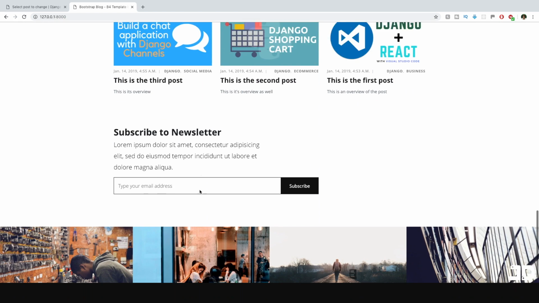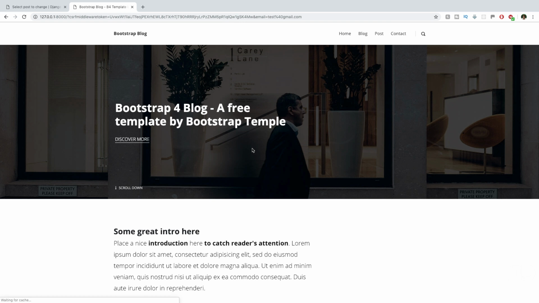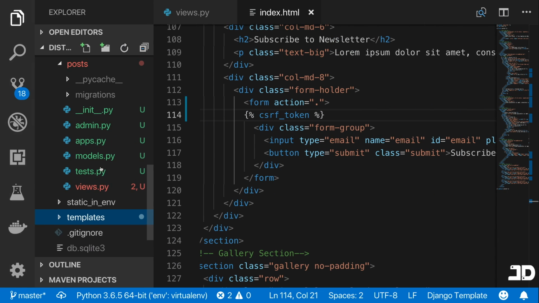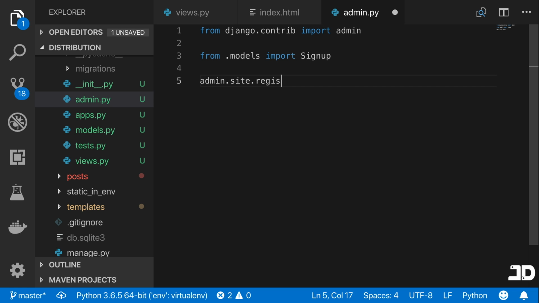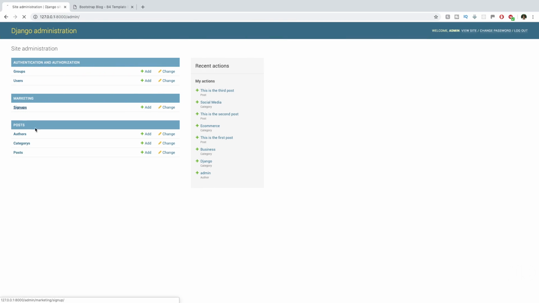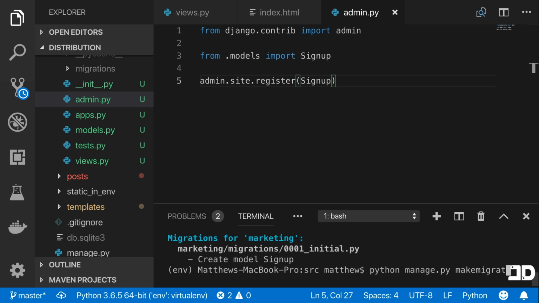There we go. So if I come here and let's add test@gmail.com, I click subscribe. Let's go back here and let's add the sign up model into the admin. So we'll come here, say from.models, import sign up, and then say admin.site.register, the sign up. Now if we refresh that, let's go to signups, and okay, we didn't make any migrations for that, so let's say manage.py, make migrations. Now let's say migrate,